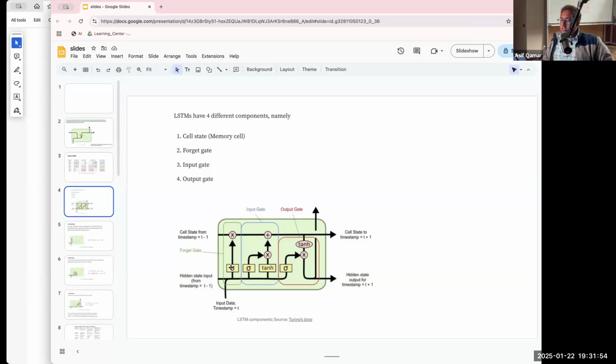And more interestingly, there is something called the forget gate. What the forget gate is about, and this is going to be used in our discussion, is the ability to change the memory state. Memory here is the cell state, right? So the forget gate will have the ability to look at the input. It has some learnable neural network, and then based on some conditions, it would be able to forget. That's called the forget gate, and then a sigmoid around that.